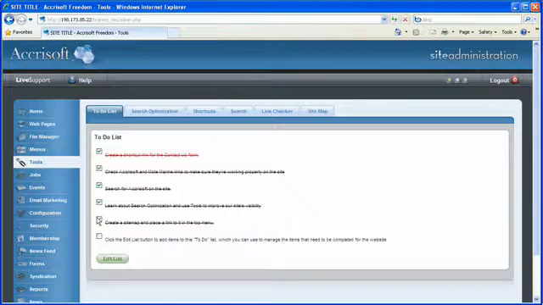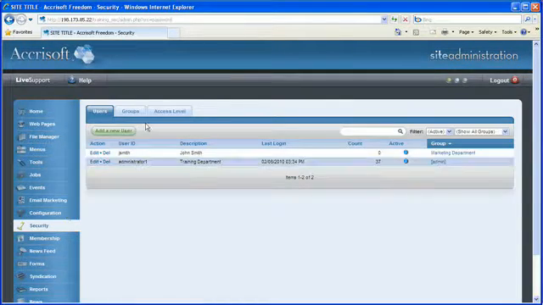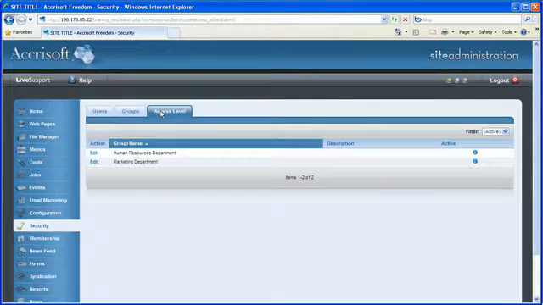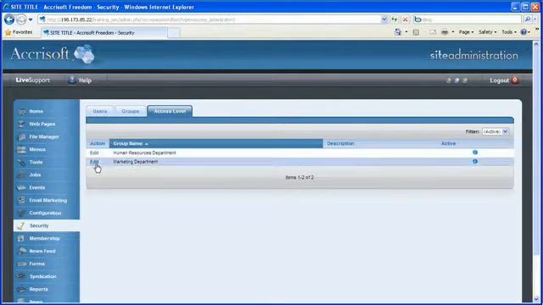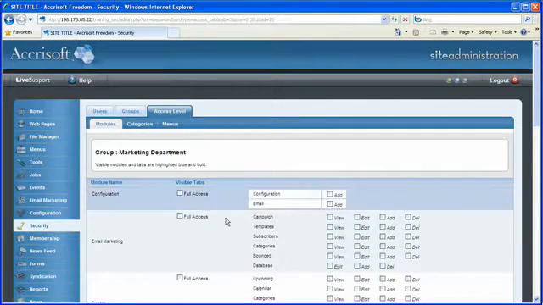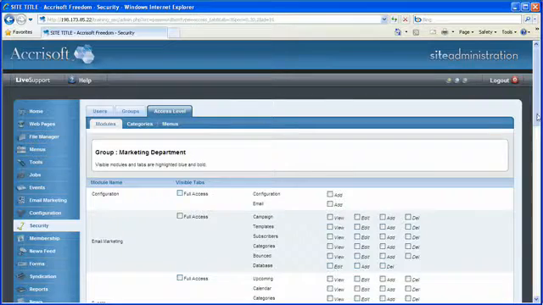Before we conclude the training, I just want to show you that in the Security module, if I edit the access level of a group, I can limit access by the tabs within the Tools module. For example, if I only wanted the marketing department to be able to view the search optimization and the to-do list, I could click on Edit next to Marketing Department, scroll down to Tools,